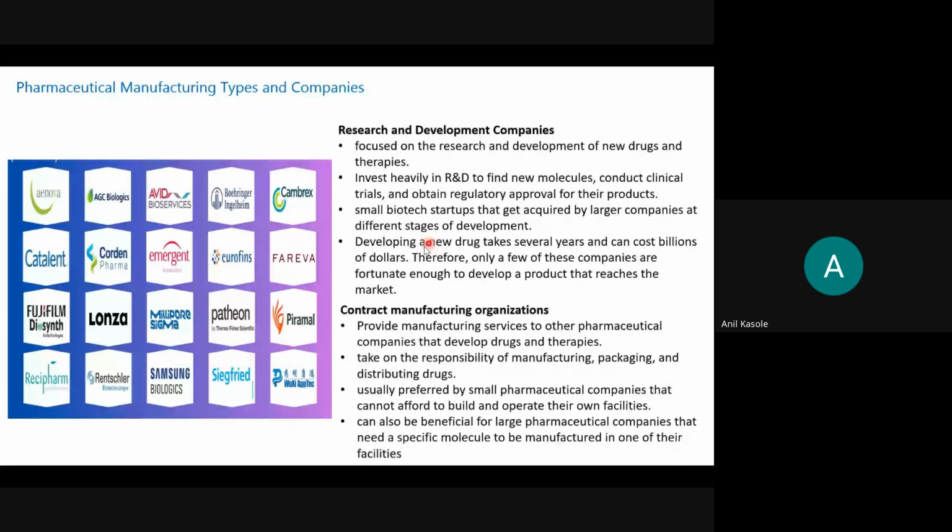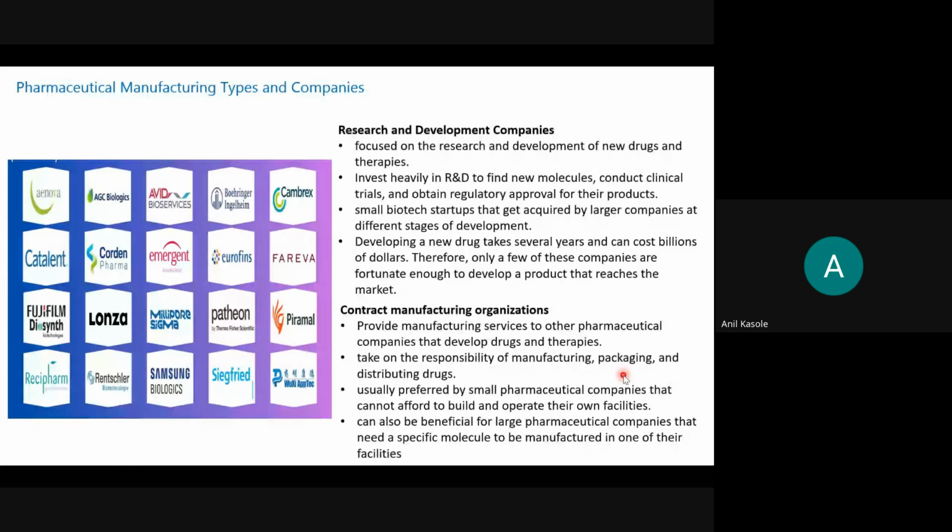At the same time, I have not highlighted it here, but let me add one more line. Let's say we have a product, for example Crocin as a tablet. If some improvement is necessary in the tablet, that also falls under R&D. They can start the new development for a new dose and start the process. Okay, so contract manufacturing, followed by R&D.